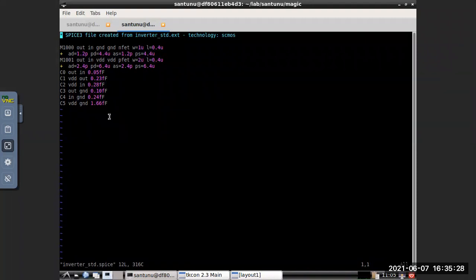Everyone understood this spice file? So this is your spice netlist. Initially, whenever we are doing an inverter simulation, we just write these two transistors, then add the sources, B in or VDD, write the dot control statement, run, and then plot whatever we want.